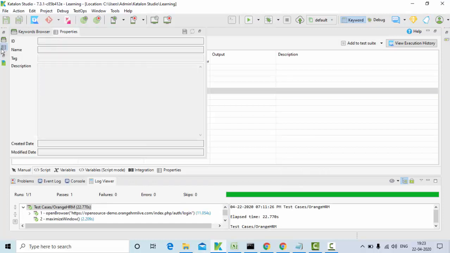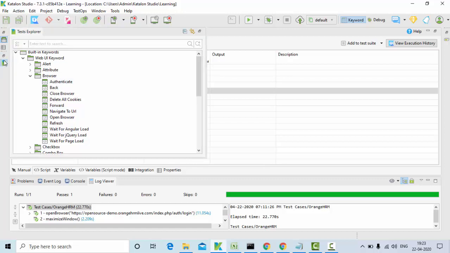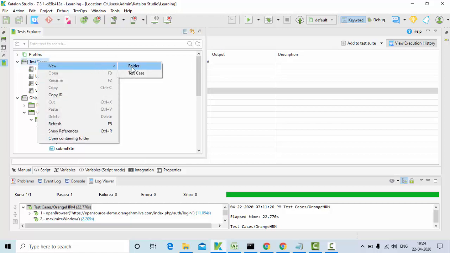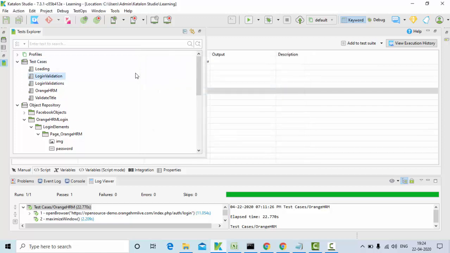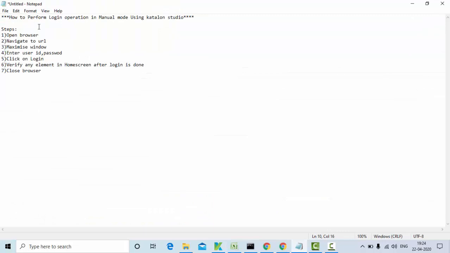Now what you can do is go to Test Explorer. Simply come here and create a new test. I'm creating a new test called login validation. Okay, guys, so now I am creating in manual mode, as you can see here. So first of all, if you see in my steps, what I need to do is open